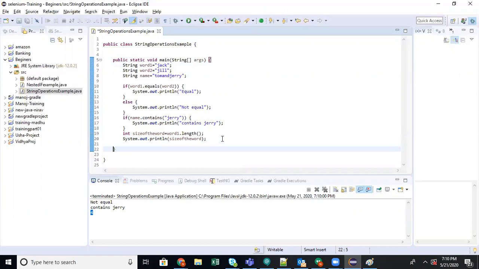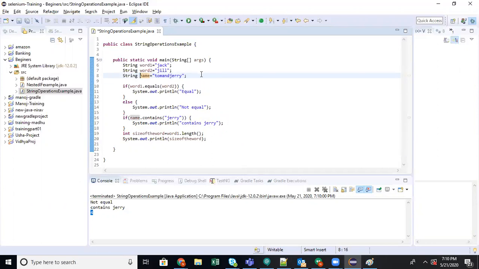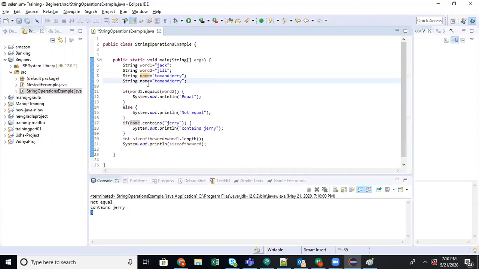Next, now you know how to compare strings and how to find the size of a string. What if you want to remove the spaces at the beginning and the end? You can do that using trim. Now let's create one string. Basically, there are a lot of string methods. I'm only telling whichever is important.